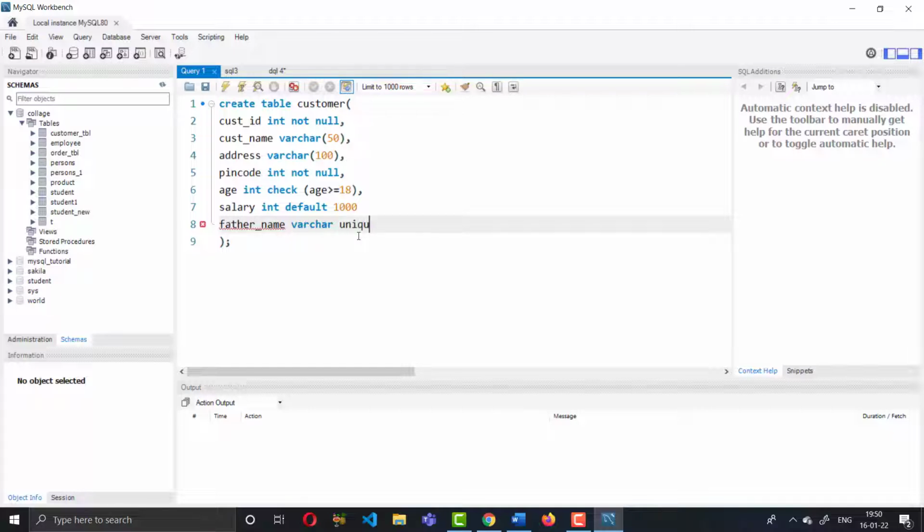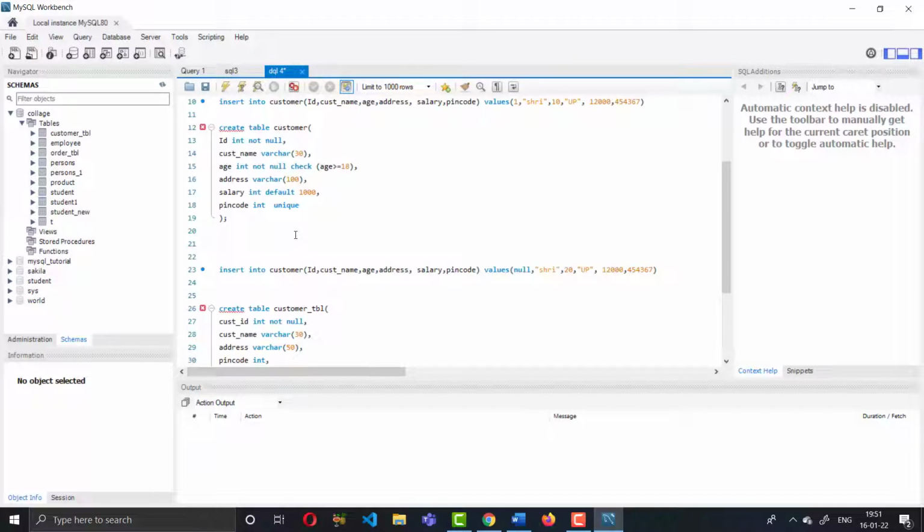So it means father names will be unique. Okay, father name varchar and unique. Okay, pin code integer unique.